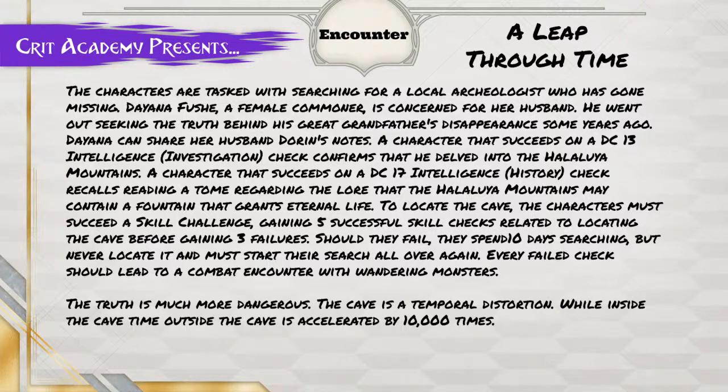Hallelujah, but I couldn't remember how to spell it, so that's what I ended up with. Hallelujah. A character that succeeds on a DC 17 Intelligence History check